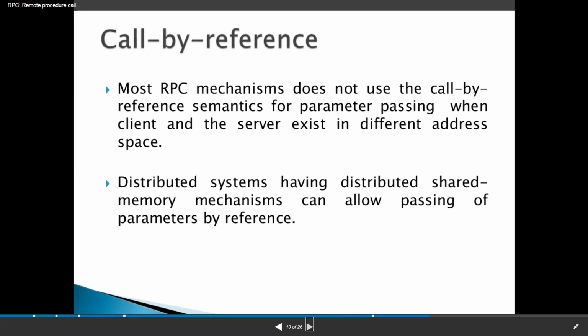Because the client and server exist in different address spaces. And distributed systems having distributed shared memory mechanisms can allow passing of parameters by reference. Okay, this is about call by value and call by reference.